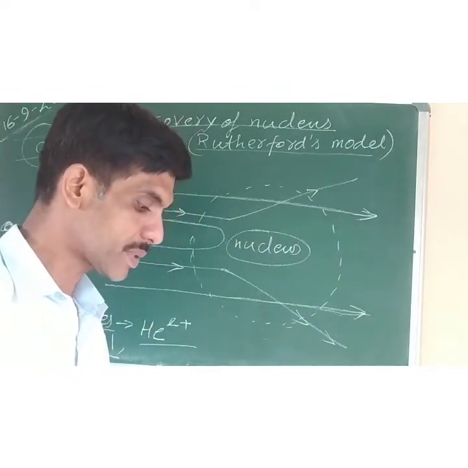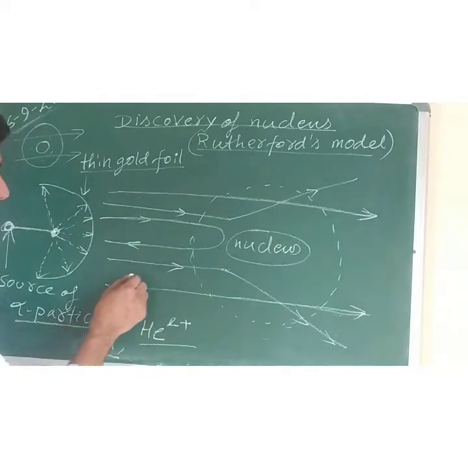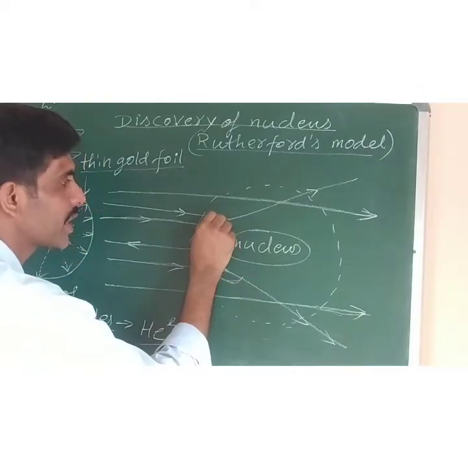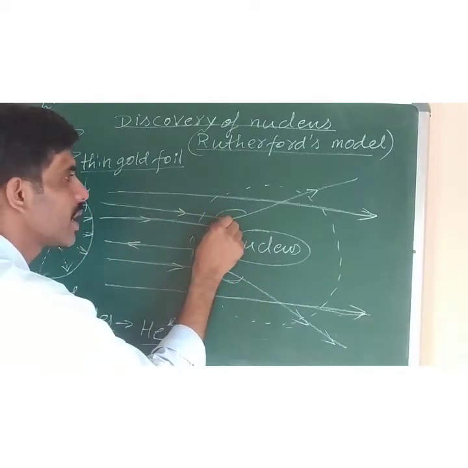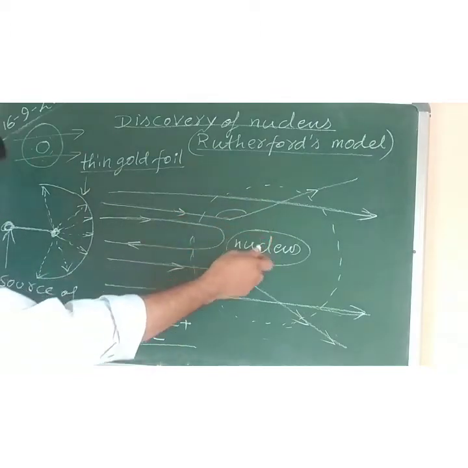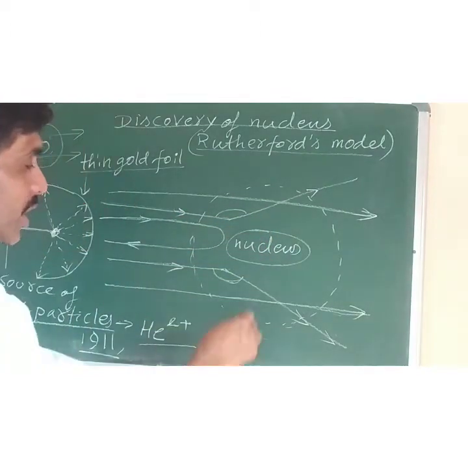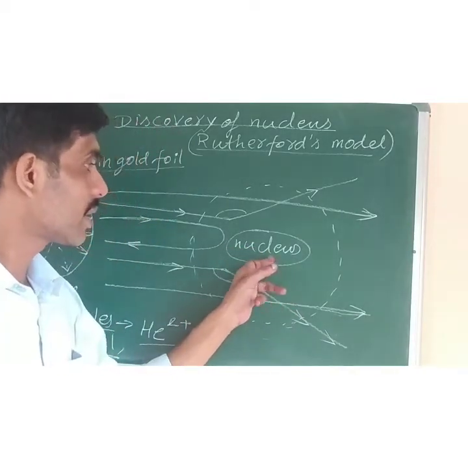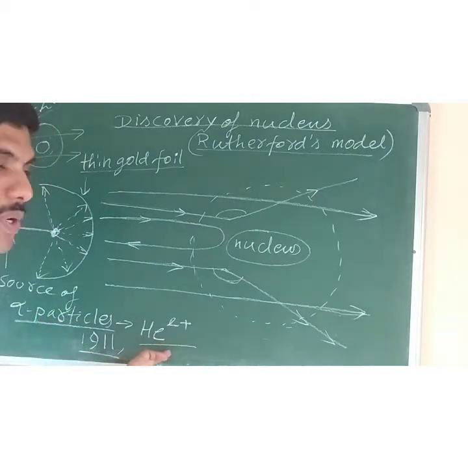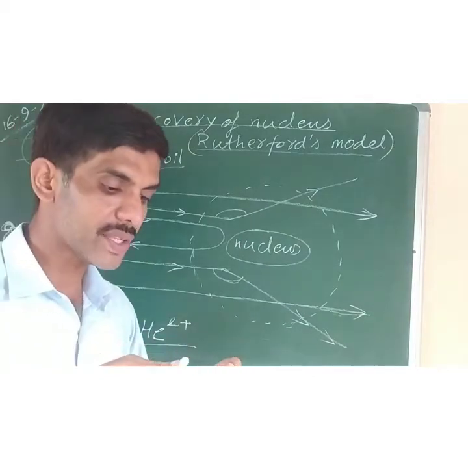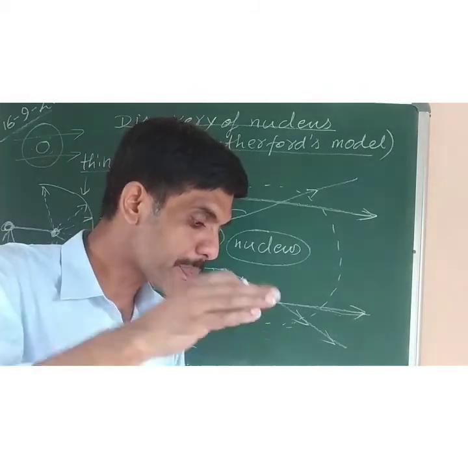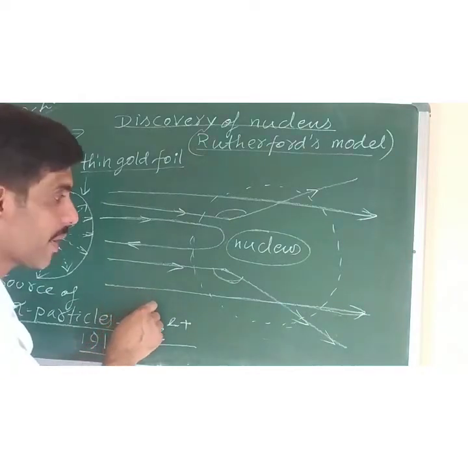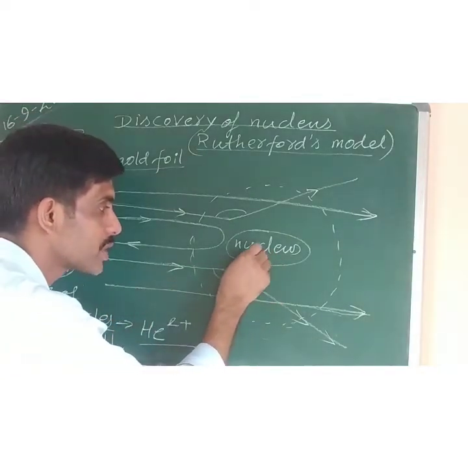Number 2, that is B, as some of the alpha particles are deflected at large angles, like this one you can see, it is making such a great angle while getting deflected. Instead of going straight, it is deflected and makes a very large angle. It is because the nucleus is a positively charged particle and the alpha particles are also positively charged. So you know that when like charges are brought together, they will repel. Okay. The positively charged zone responsible for the deflection of alpha rays is the nucleus, which is also positively charged